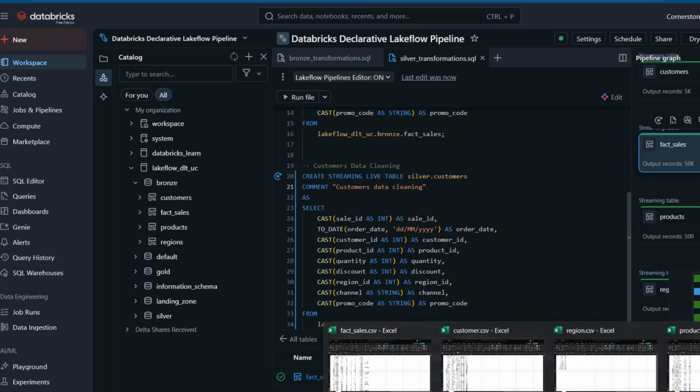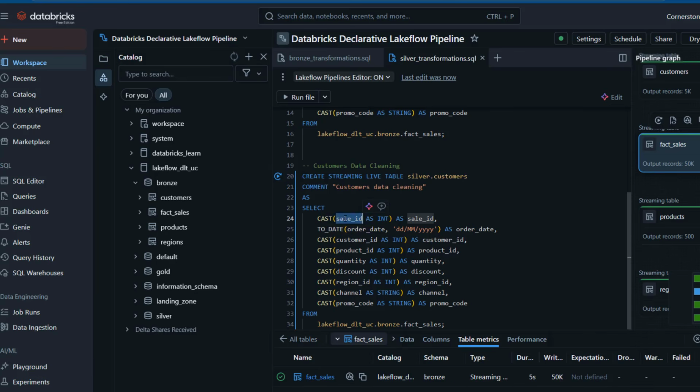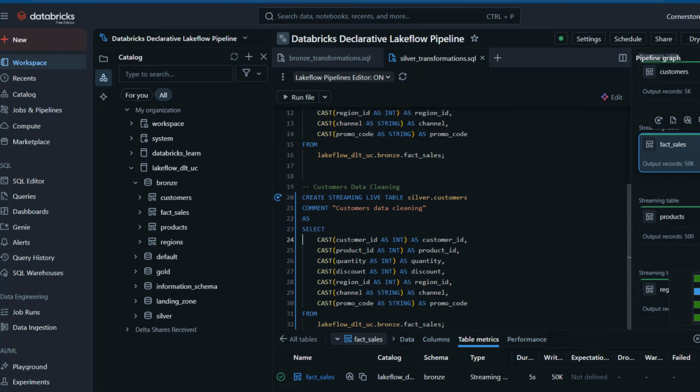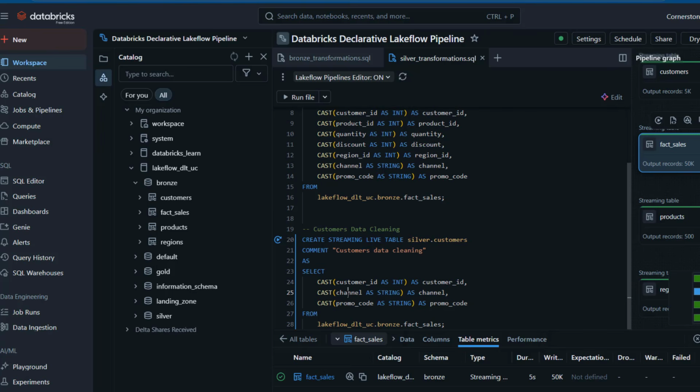So let's come to the file, and this is the one. So we need the customer ID. So I can just double click on this and call this one customer, or since I've got one here, let me just get rid of this part. All right, so I can maintain this customer ID as int, and the next is going to be the first name, last name. So let me just clear this part for now, and I can double click and call this one first_name, and I'm going to double click, copy this, Ctrl V, and then I can copy this, Ctrl V, and let me just call this one last_name,